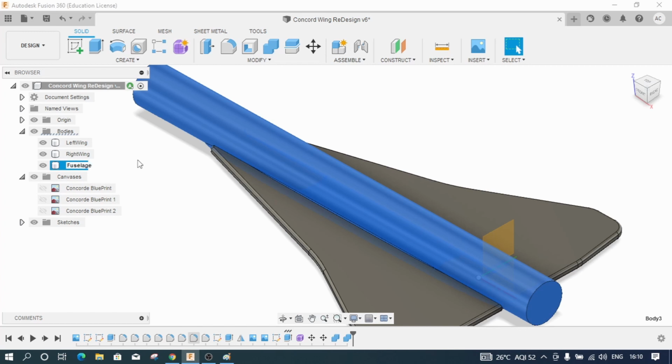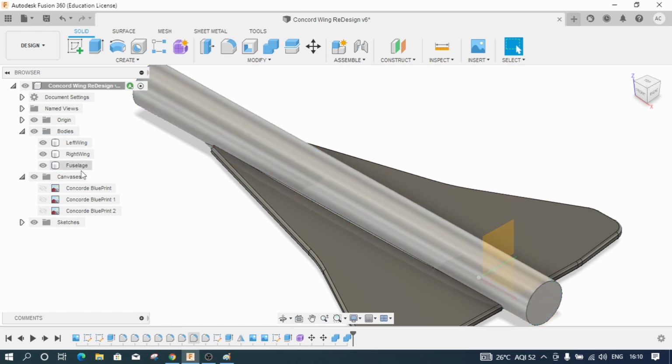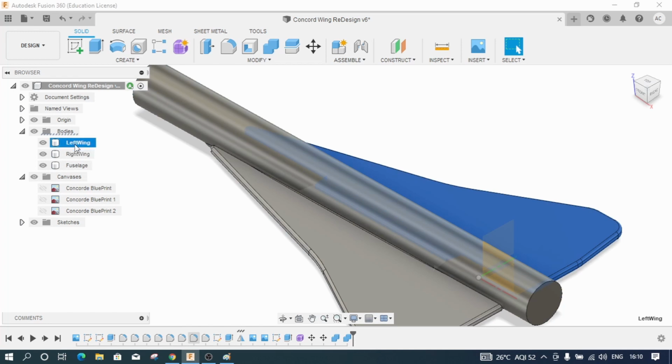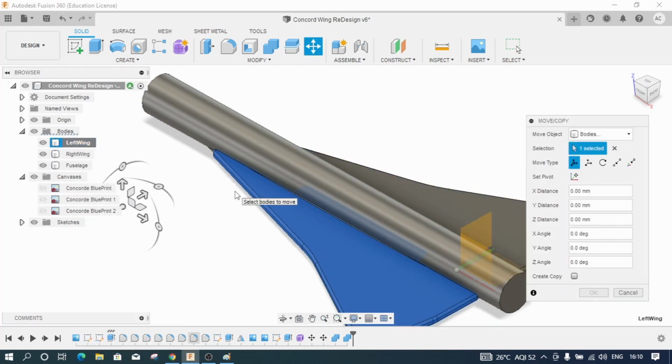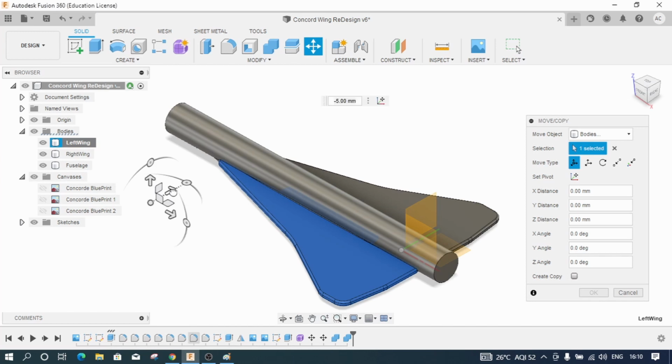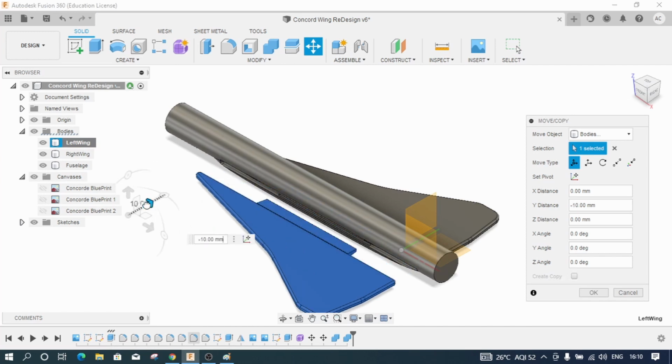In aircraft terminology, the body of the aircraft where the passengers sit is known as fuselage. So now if I right click on this particular wing and try to move it, you can see that there will be a hole that is already being cut. You can see how this hole has neatly been created for us.